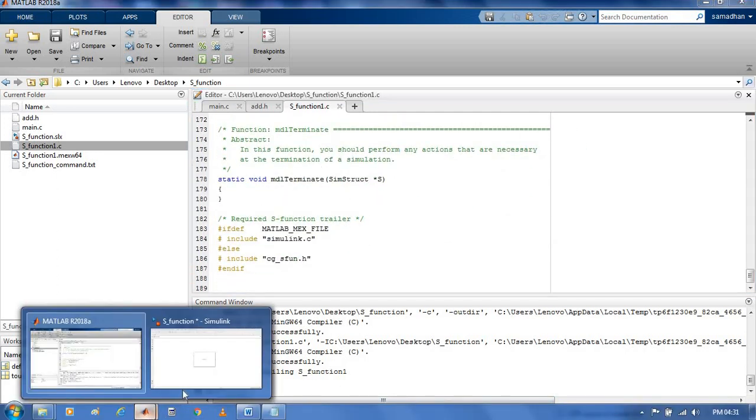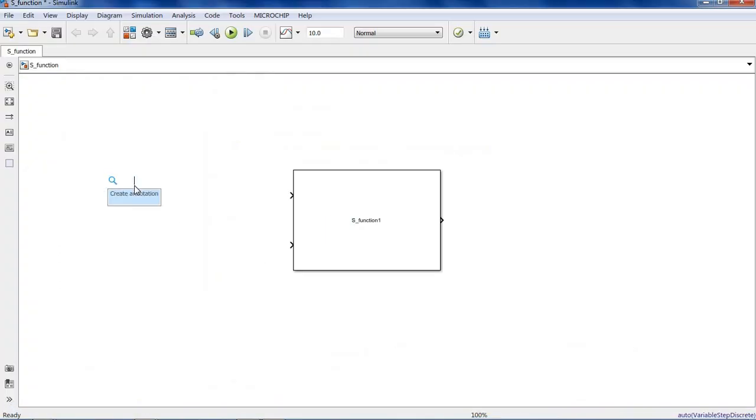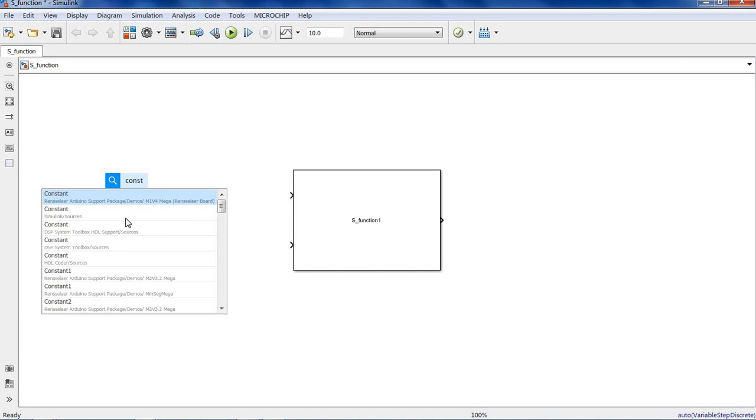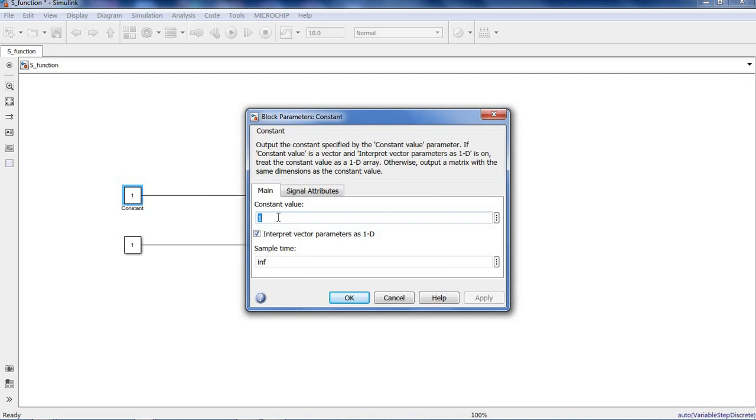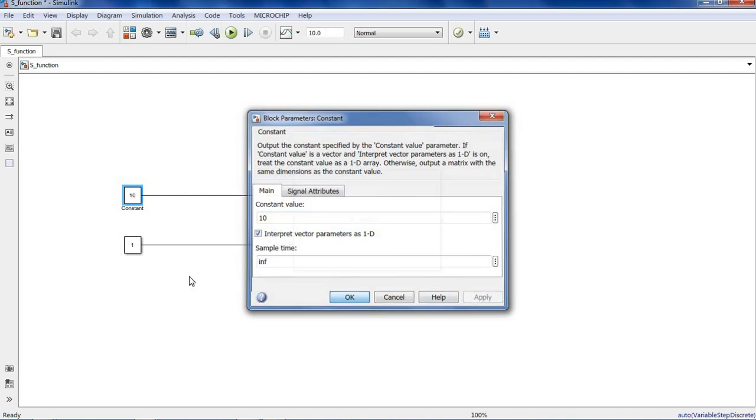Then we will see the result, whether it is working or not. So our code is for simple addition of two numbers. So I will take two constant blocks. I will write here the value as 10. Apply. Okay.